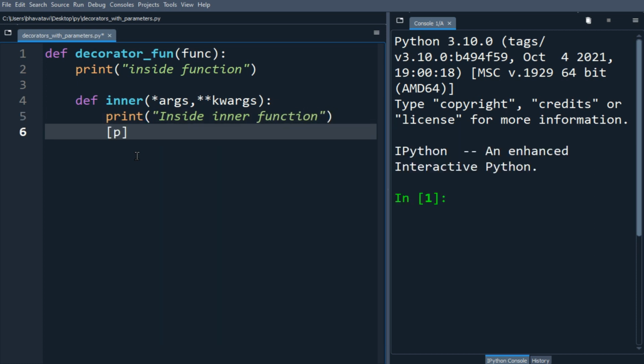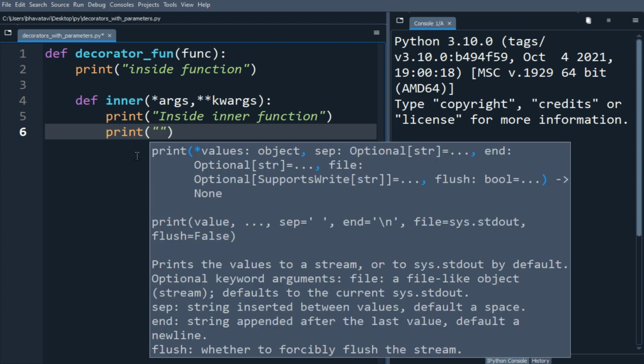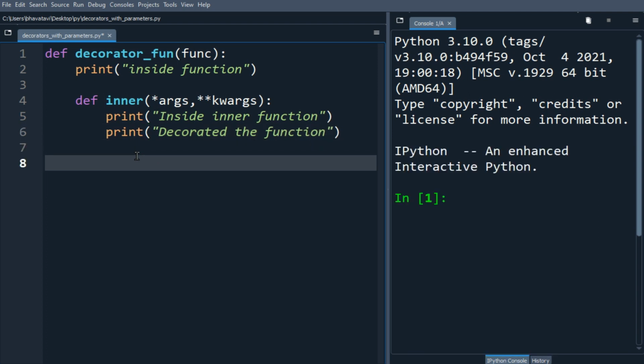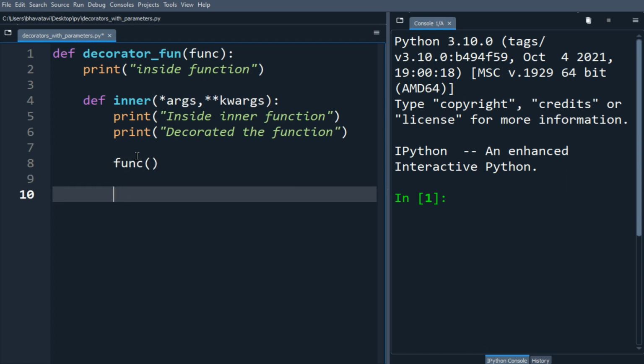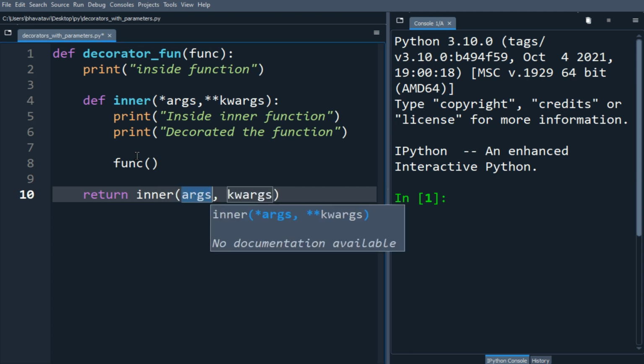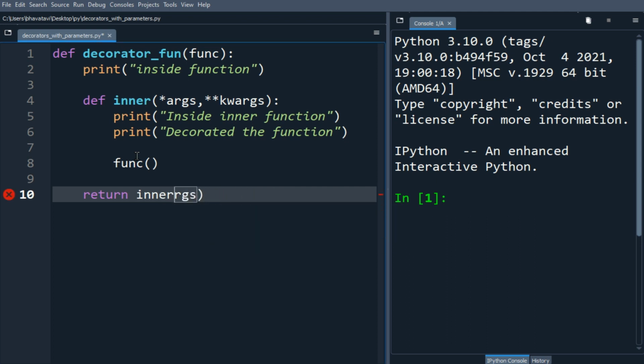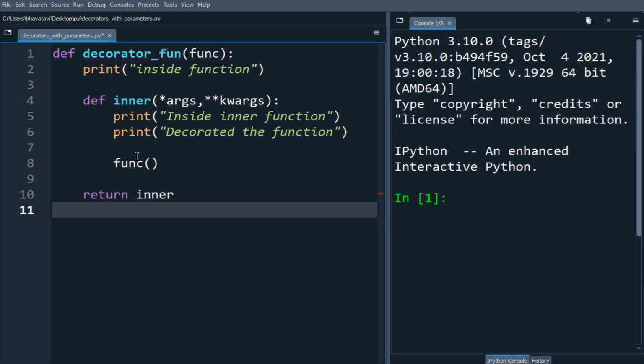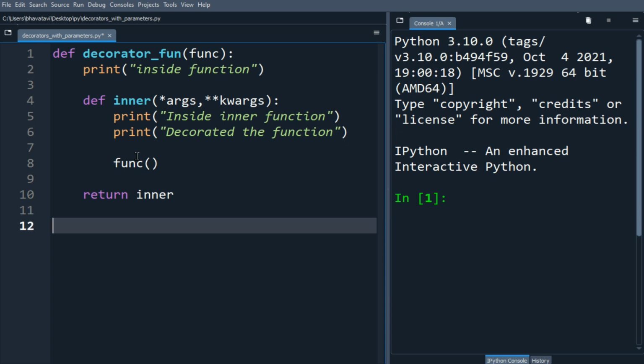Let's print here we are inside inner function. Let's print one more statement like decorated the function. So you can write more, so I am going to call function from here. Let's return inner. So we are not using the parenthesis, so let's put here decorator function,